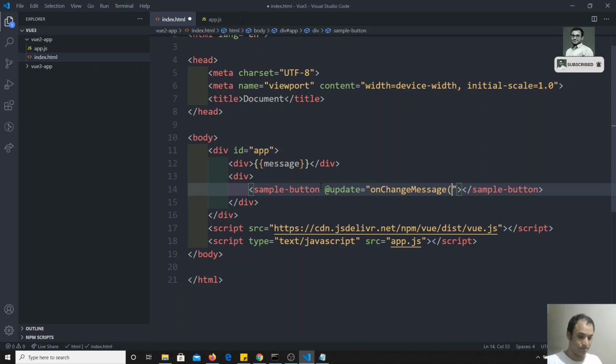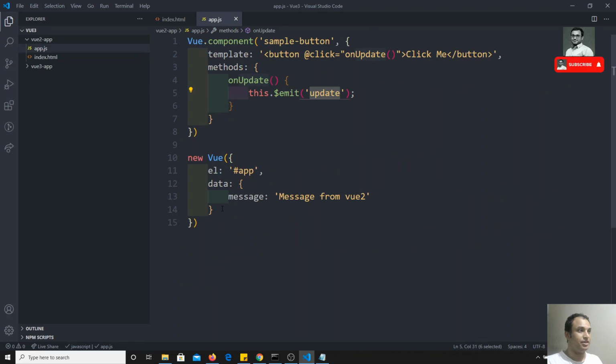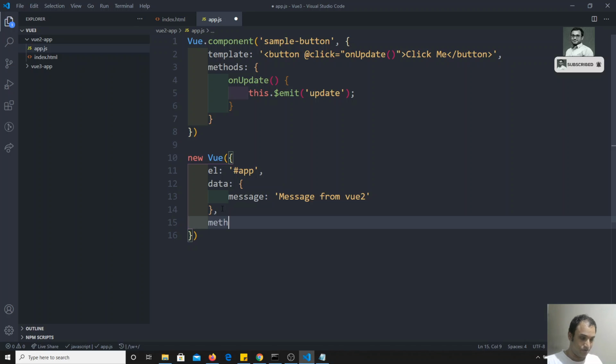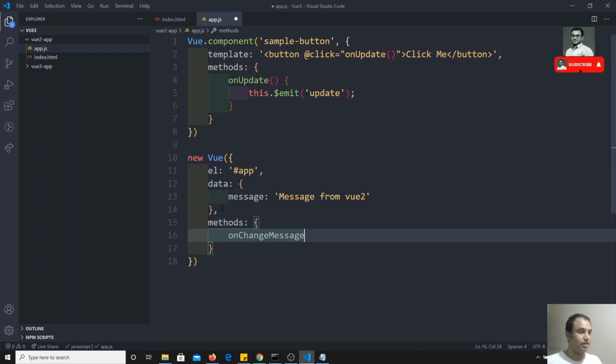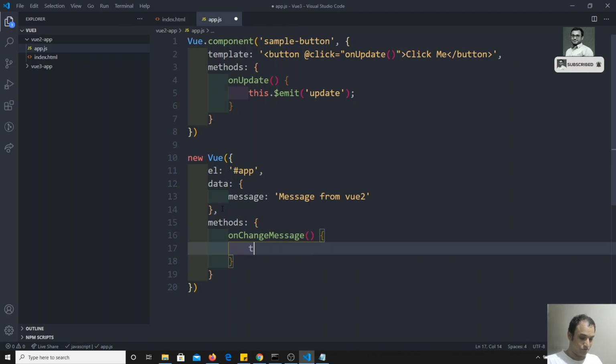I can copy this, and in these methods I write onChangeMessage, where I change this.message to 'update message from Vue 2'. So I have changed the text.